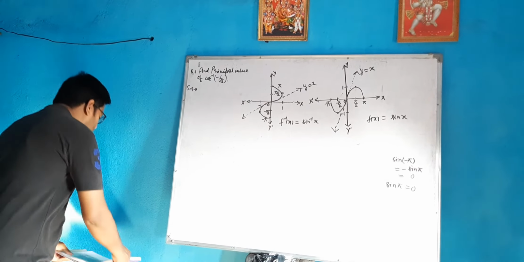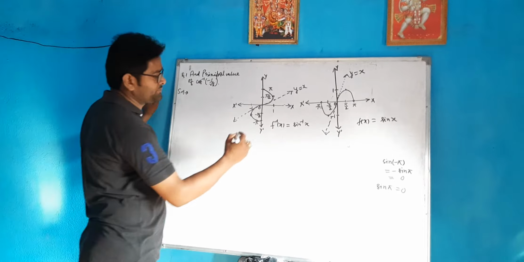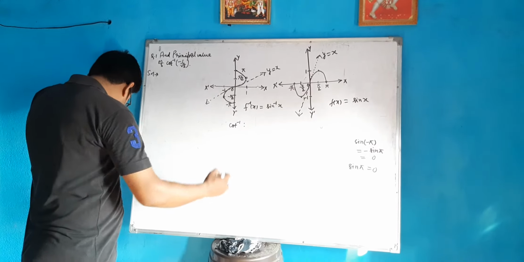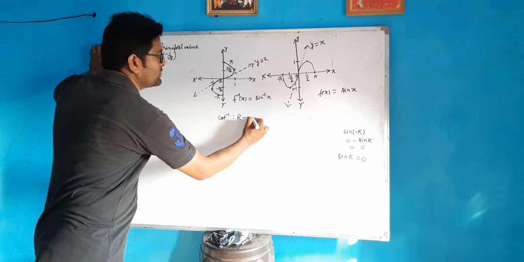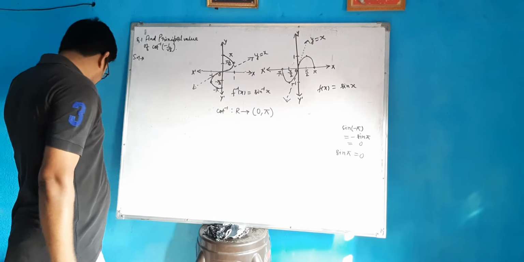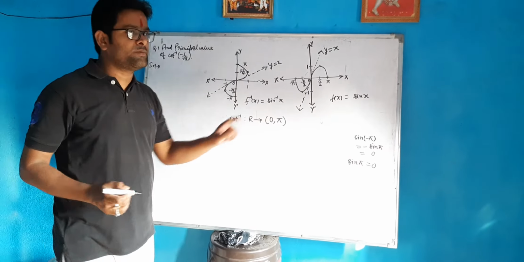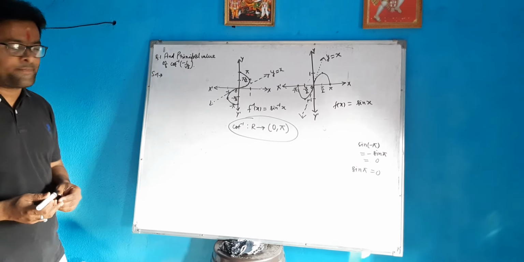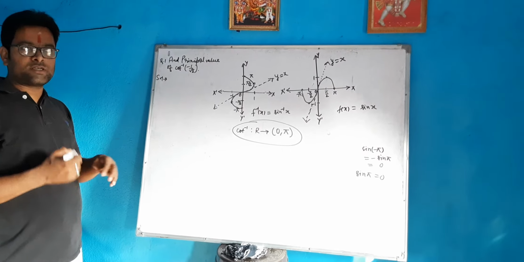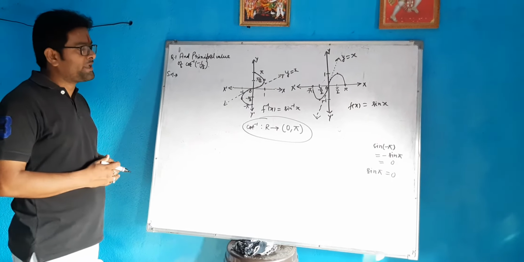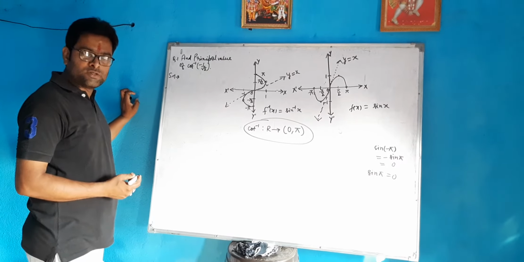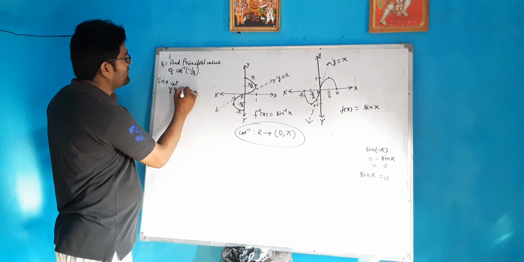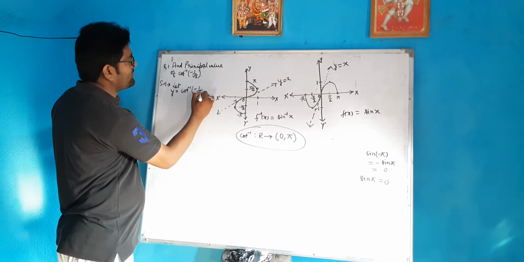The principal value branch of cot inverse is 0 to pi. We have to remember that the cot inverse function has domain R and range the open interval 0 to pi. So we can easily understand its principal value branch is 0 to pi. Its value should come in such a way that it lies between 0 and pi, but this negative value will give us a negative angle, so we have to make it positive by changing it. Let y is equal to cot inverse of minus 1 by root 3.